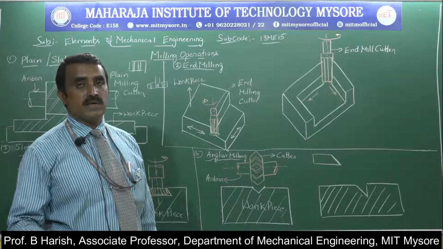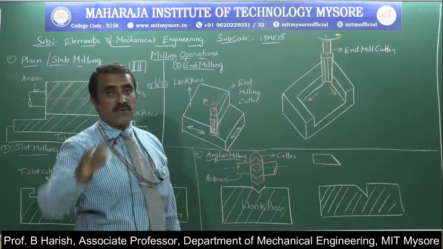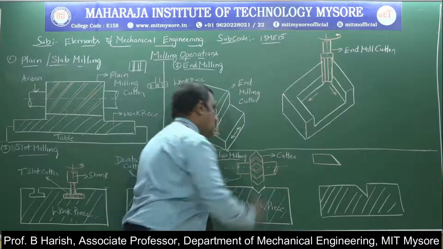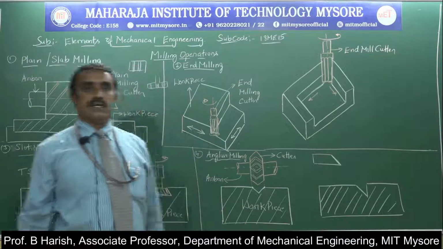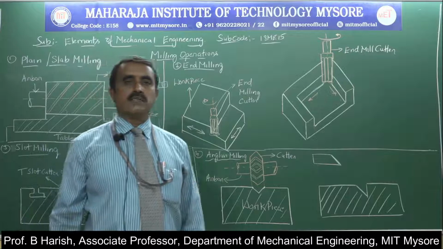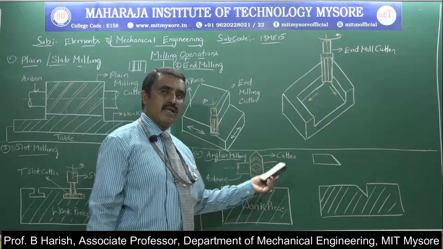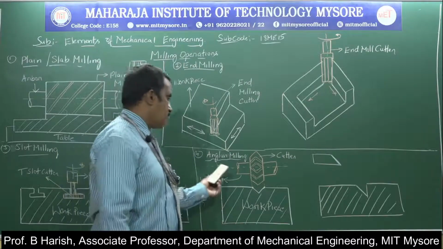So an example is the V notch. It is called a notch. The V notch will be in the shape of the alphabet V. If you observe the figure, the cutter is in the horizontal direction, which indicates that it is performed on a horizontal milling machine.